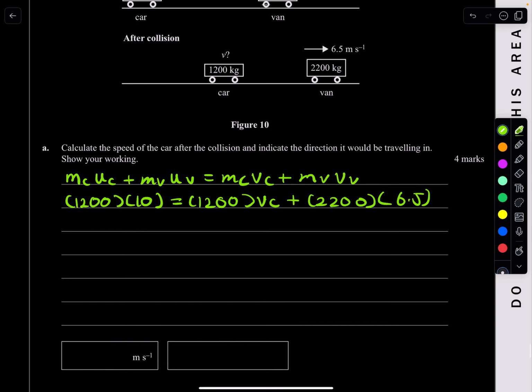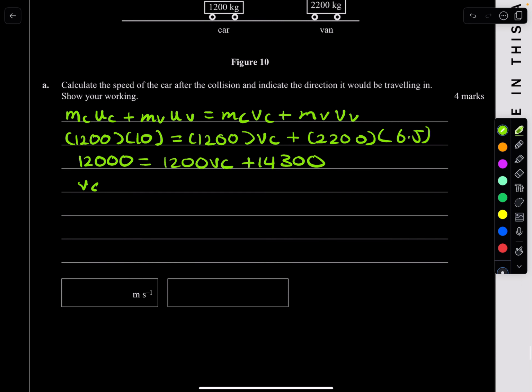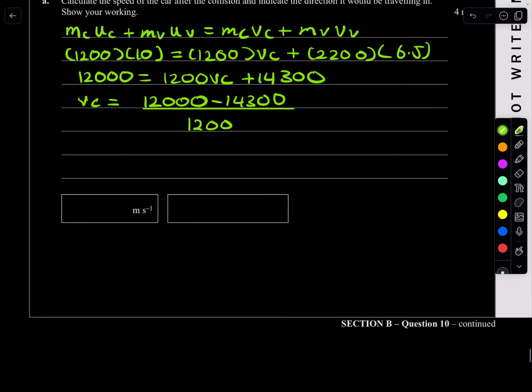Great, so let's answer that. 1,200 times 10 is 12,000, which equals 1,200 VC plus 2,200 times 6.5, which is 14,300. So VC is just 12,000 minus 14,300, all divided by 1,200. That gives me overall negative